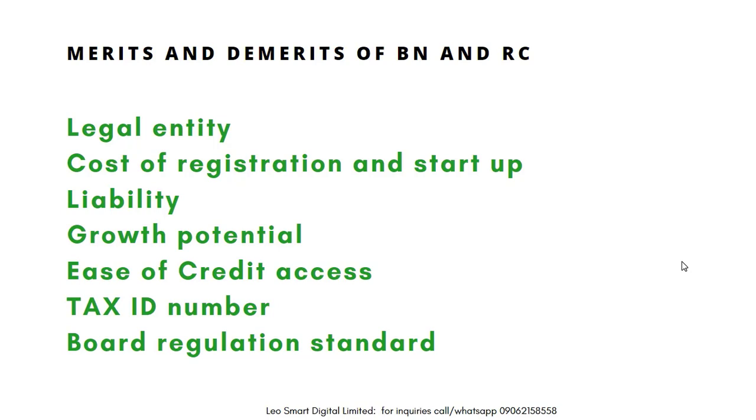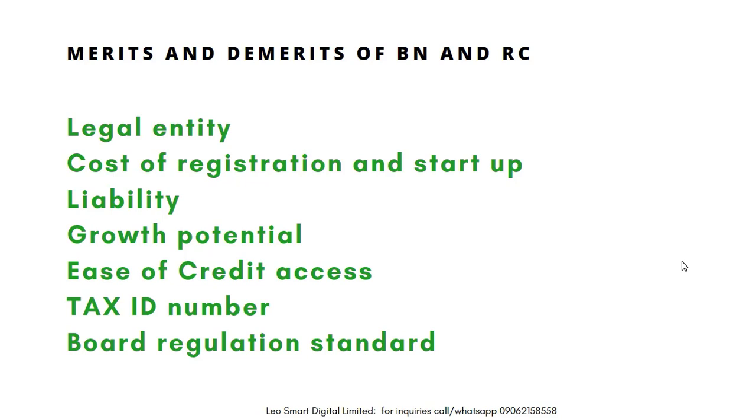Now, when you look at the legal entity, under the CAMA Act, when a company is registered, it becomes a legal entity. It becomes a legal body or a corporate body separate from the owners. But a business name doesn't enjoy this legal personality. So the business name and the proprietor or partners are the same. Now, when anything happens to the business, it affects the owner. But in a company, it doesn't affect the directors or the shareholders. They only stand to lose what they've invested in